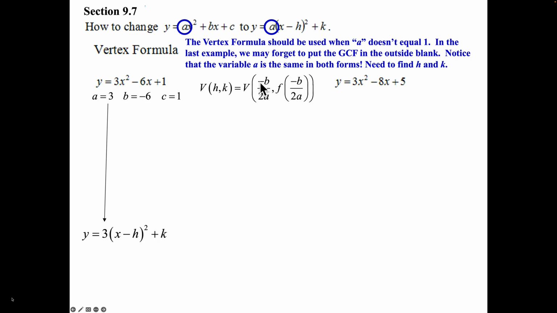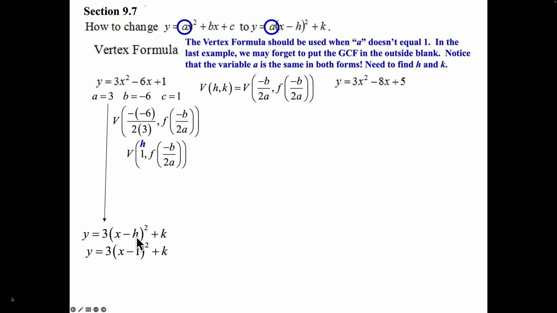Next, you take a negative, -6, and then 2 times 3 on the bottom. So here, you're just finding the x coordinate. We'll just kind of leave this on the back burner. Well, a negative is a positive. 6 on the top, 2 times 3 is 6 on the bottom. This all simplifies to a 1, which means that's your h, and you can go put 1 in for h